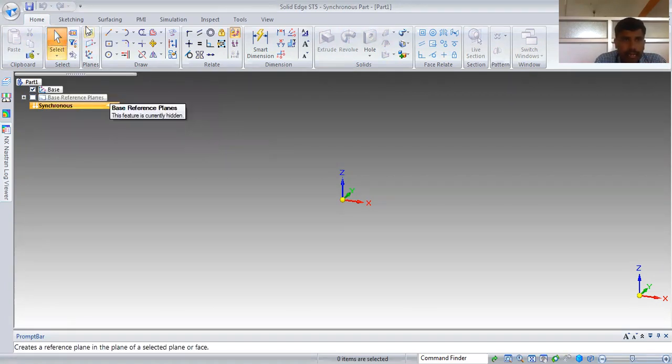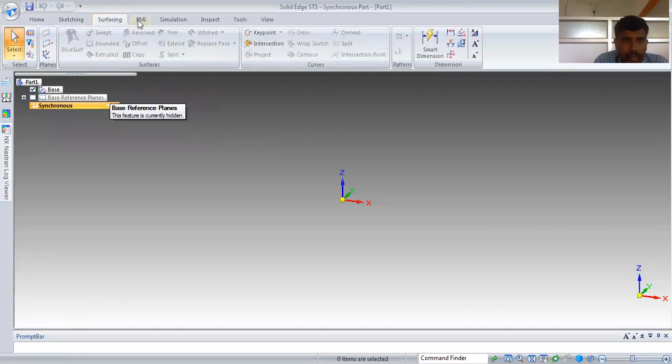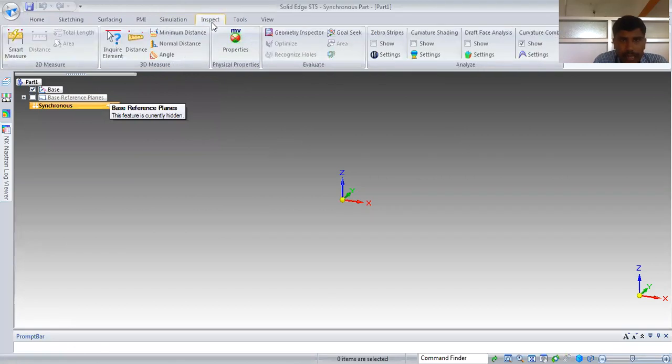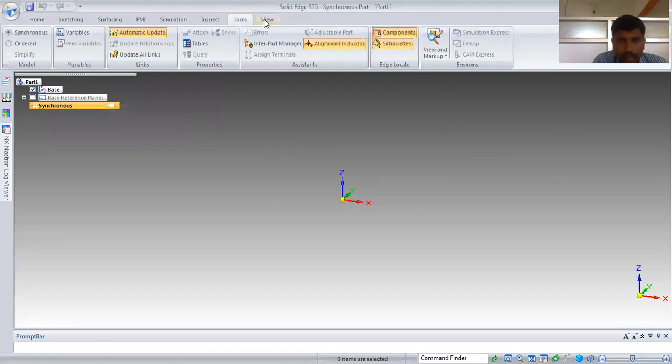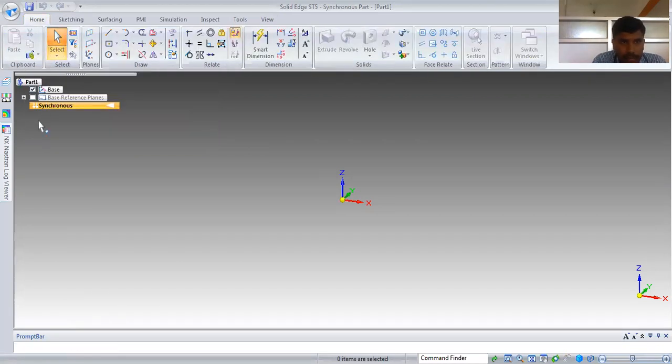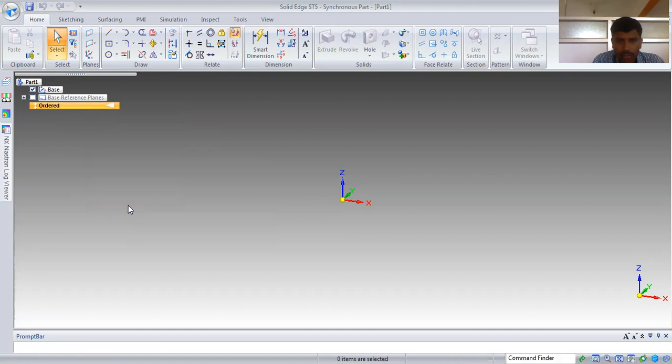Home, sketching, surfacing, PMI, simulations, inspect, tools, and views are there. Now, here there is a synchronous mode. You have to right click and it will be converted to ordered form.